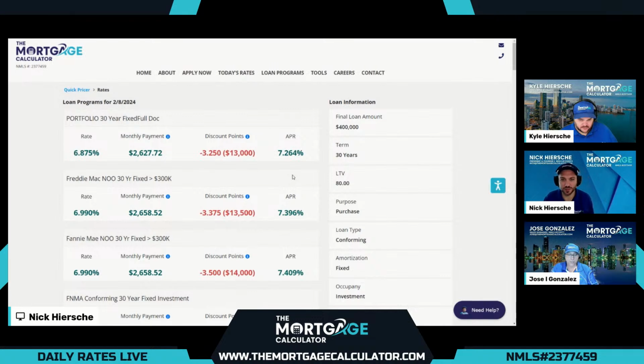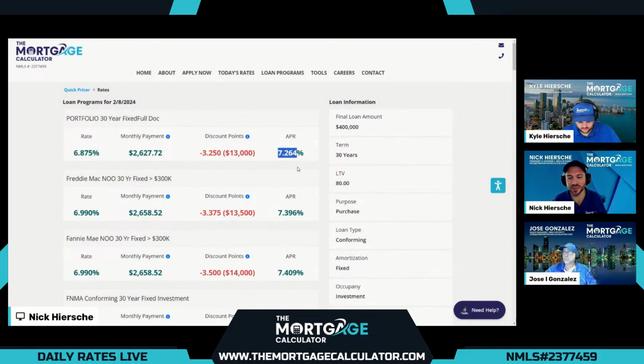And as has been the case for the last few days, when conventional reacts quickly to the markets and goes up, our portfolio option many times comes to the top. So these portfolio options are the same qualifications as conventional loans. However, they're not actually a Fannie Mae or Freddie Mac loan, and therefore they don't have the loan level price adjustments that are very substantial here for investment properties. So we see this option come to the top when the rates get a little bit haywire. So best option here, 6.875 rate, 3.25 discount points of cost, puts a final APR of 7.264